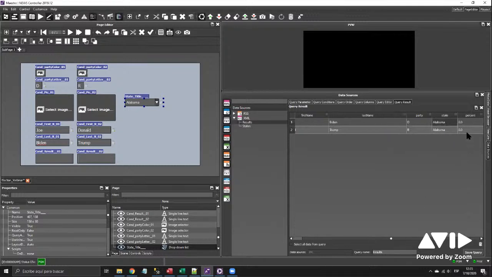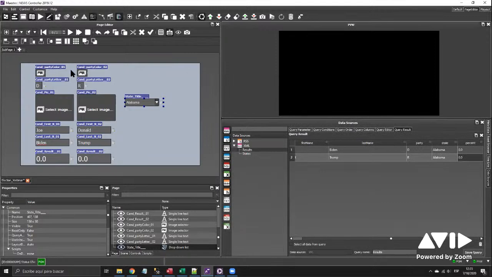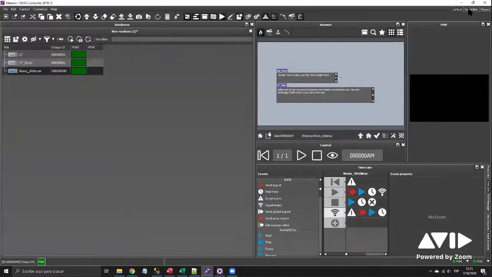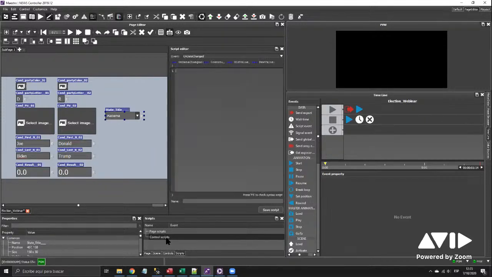And the percentage in here and in here. Now I need to create a quick script for the party color and the pics. So let me just go back in here. I will create a page script. We already had a webinar on this. You can search it. I will go here to control script,